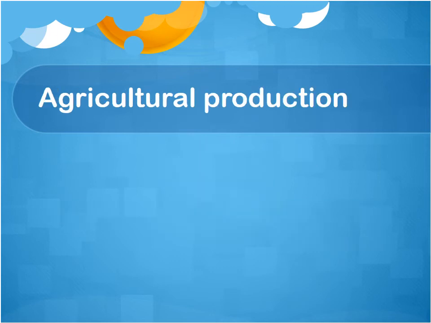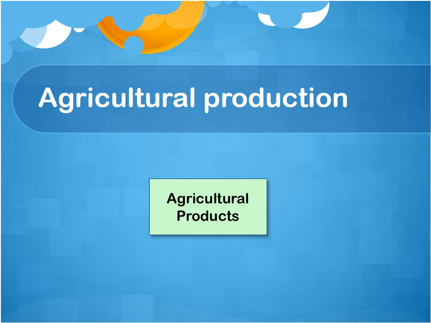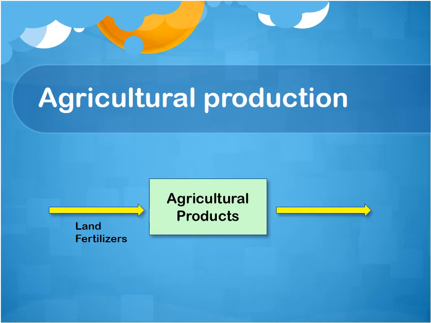Let's look at agricultural production, another one. In this case, the quantitative variable would be the agricultural products, and this could be tons of corn or tons of wheat that are produced or present in a farm or in a state. Again, it depends on the system, and there'll be inputs, such as land and fertilizers, or outputs, which is the amount of food that's generated, that's produced, and it's sold to the markets, or it's distributed